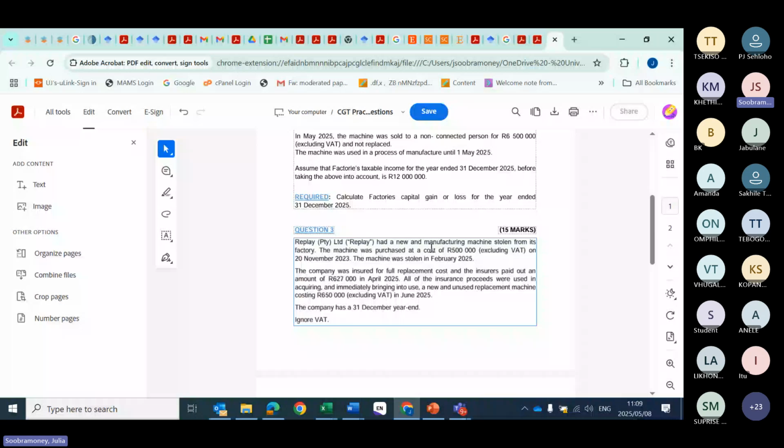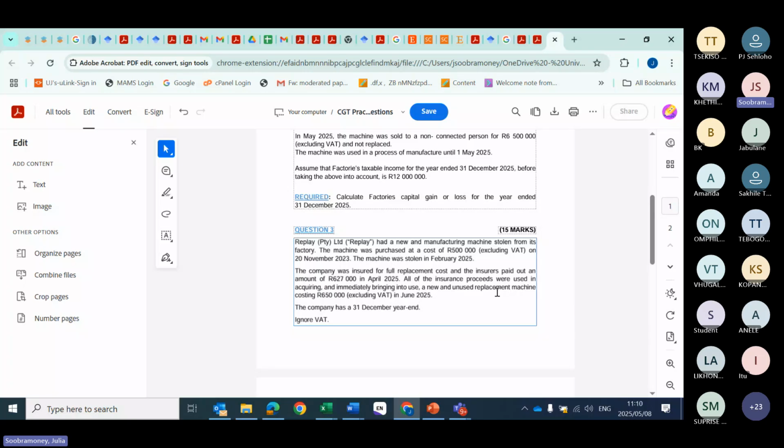Right. Replay had a new manufacturing machine stolen from its factory. The machine was purchased at a cost of 500,000 in November 2023. The machine was stolen in February 2025. So everyone happy? The machine was stolen during this year of assessment. And we purchased it in 2023. So we purchased it like 2 years ago, right? The company was insured for the full replacement cost, and the insurance paid out an amount of 627 in April 2025. All the insurance proceeds were used in acquiring and immediately bringing into use a new and unused replacement machine costing